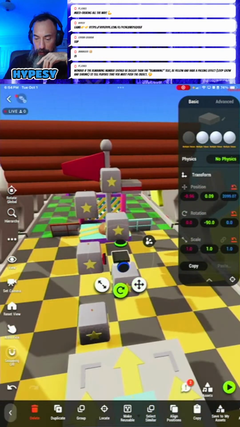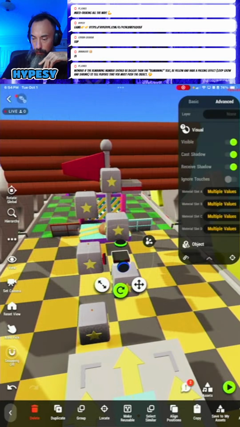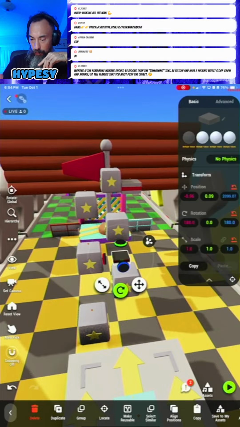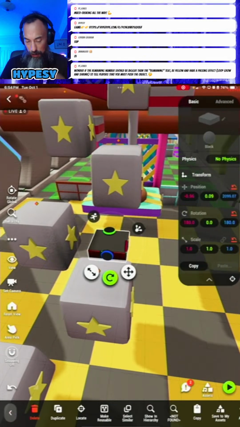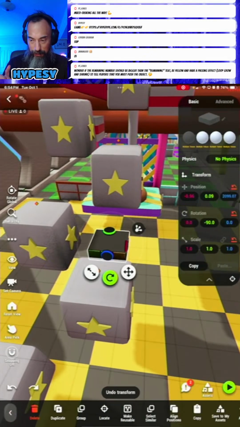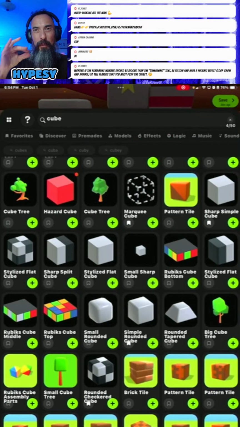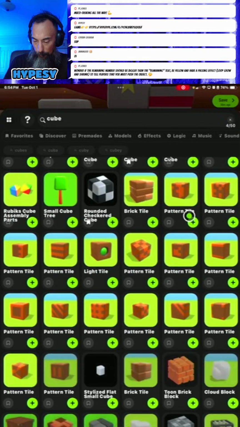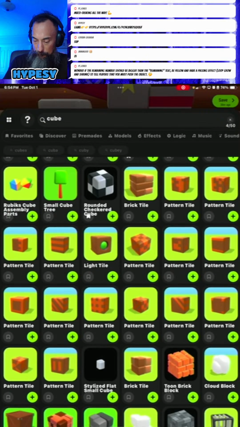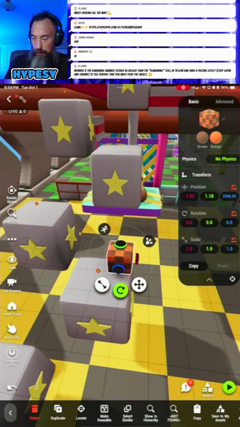The Jenga piece. Wait, what's going on? Why? Oh, because this is not a good cube, because that cube has multiple different objects within it. Go ahead and grab this one.